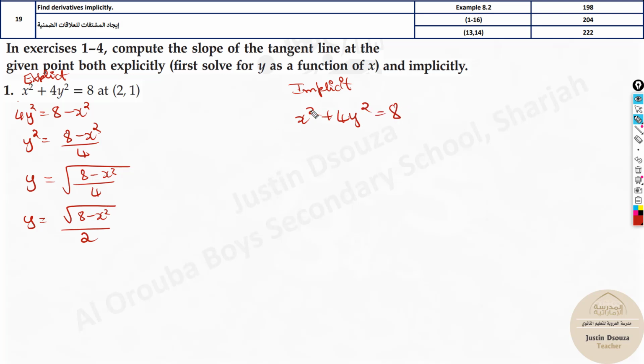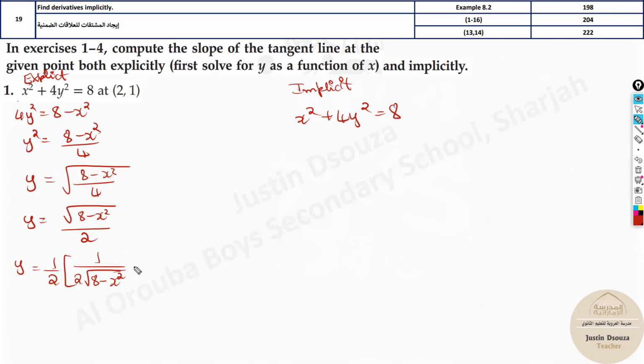Take the function as it is. You don't need to change it. Now you just derive. Let's do the derivation over here first. What is the derivative of root x? It's 1 by 2 root x, right? So let's take y equals half outside, and it will be 1 by 2 root of 8 minus